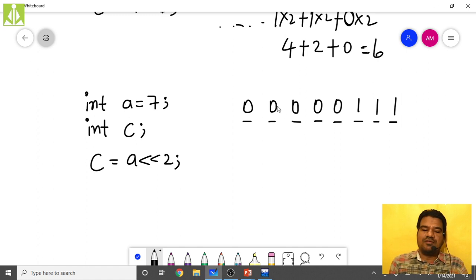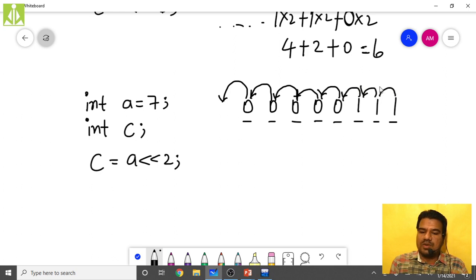Okay, now what we have to do? Shift. So this you have to shift like this, and this you have to shift like this. This will come over here. This will come over here. Again, this will come over here. So here also same thing. Finally, this will also come over here. So now what will happen? Simply, this 0 will go out of the place and get discarded.